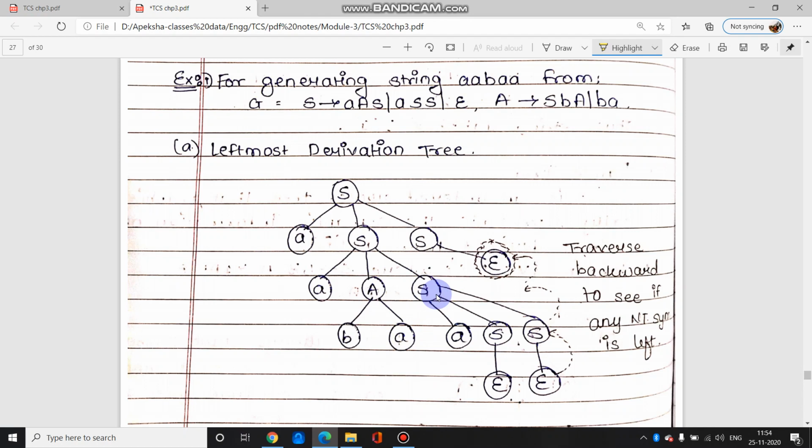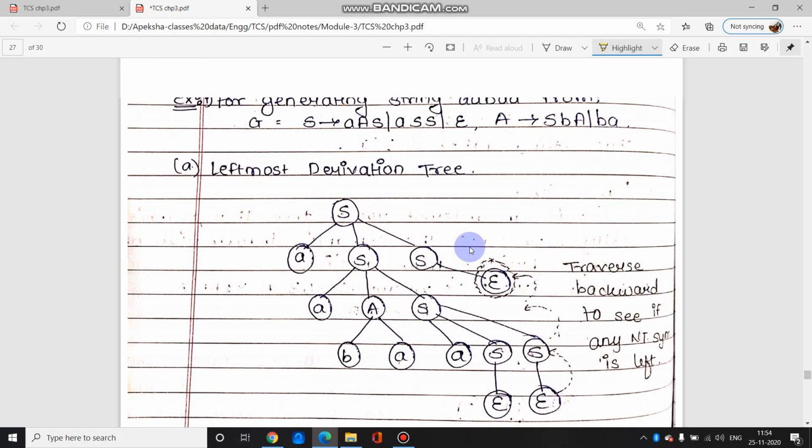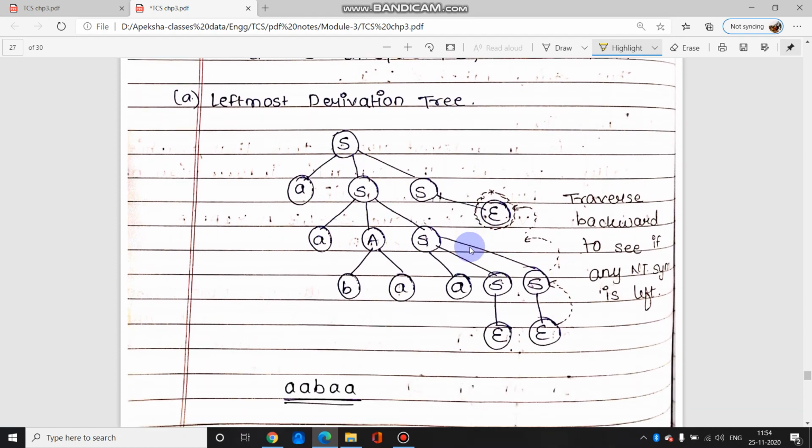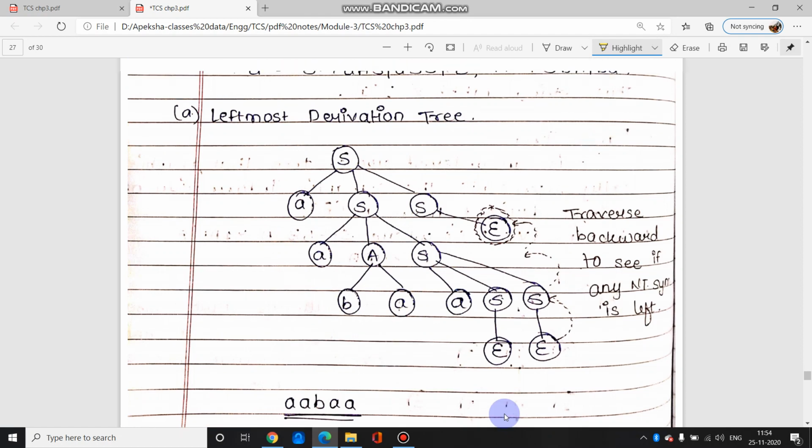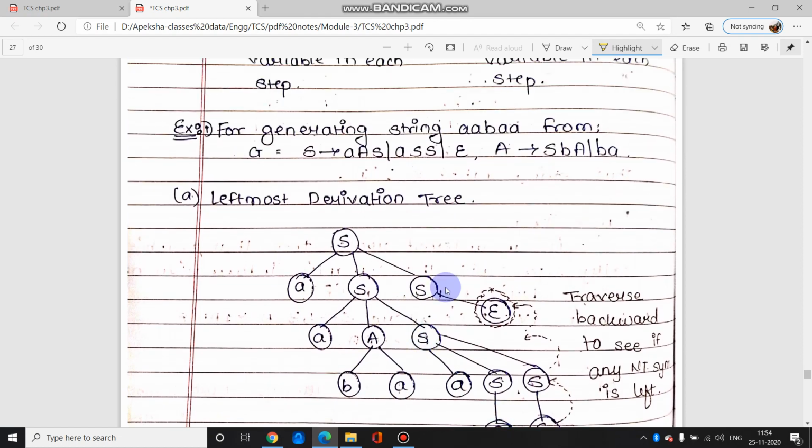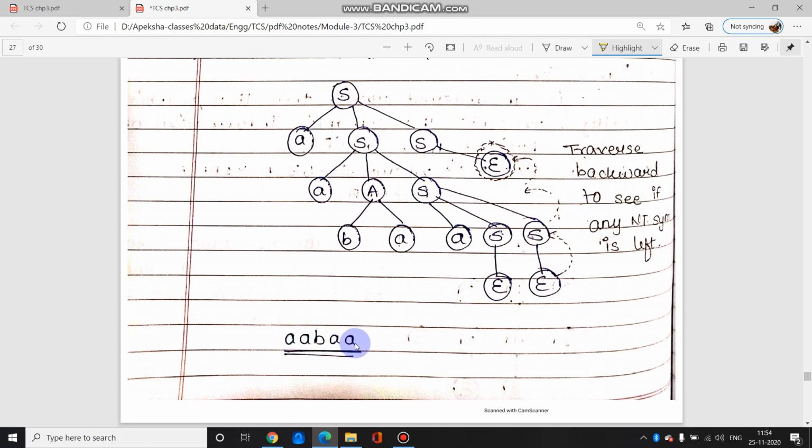Again over here S यहाँ पे है. So if you see S के लिए we can again substitute as A, S. So it is giving A, S and S. And then finally we are having epsilon symbols over here at the last. So we are getting over here A, B, A at the end. So this is the derivation for the string. See, for generating string A, B, A, this is the given grammar. So we have to make sure कि अपने पास A, B, A ही आए.